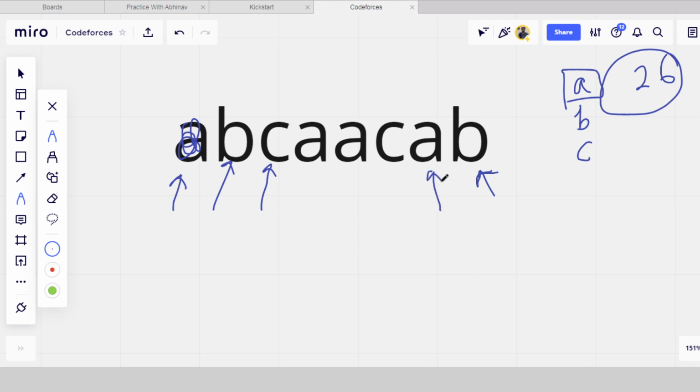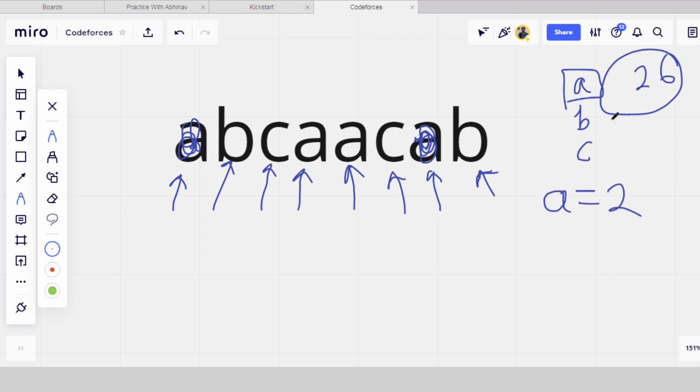Again it will check whether they are equal or not. There it is C, there it is A, so they are not equal. We can erase A only, because we are checking for A. So it will erase this A and this pointer will move. Now is C equal to C? Yes, so both pointers will move. Are both equal? Yes. Now both pointers reach the same point. So the answer is that we have to erase two A's to get a palindrome. So for A, the answer will be 2.